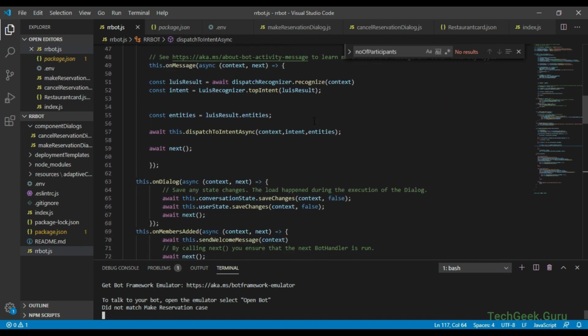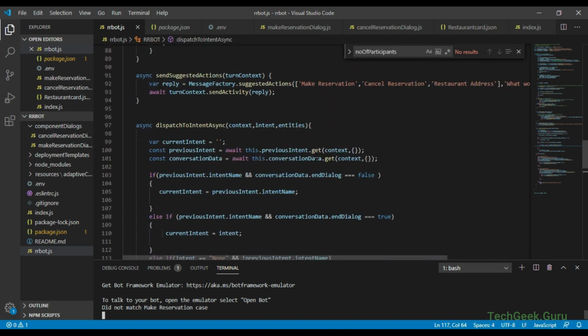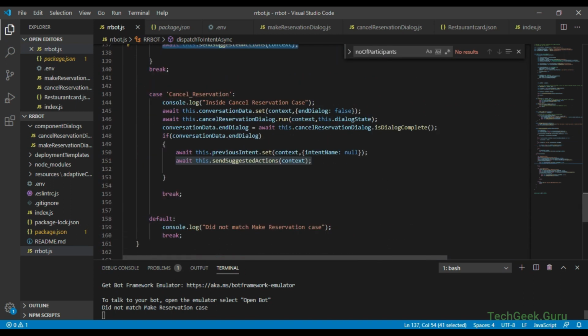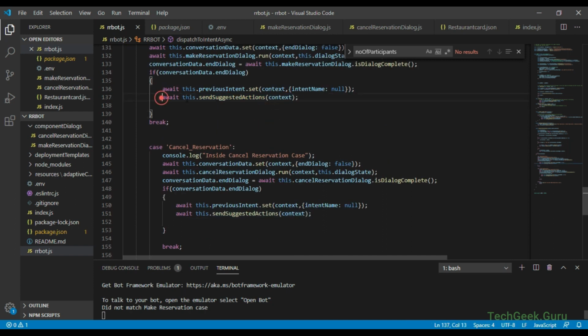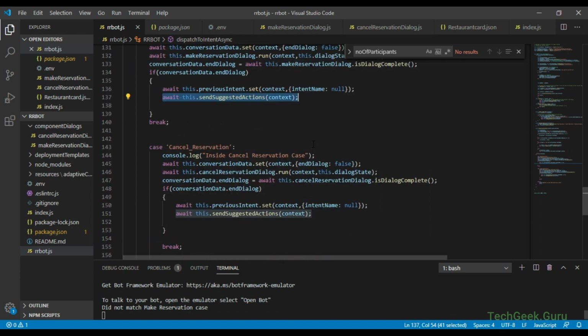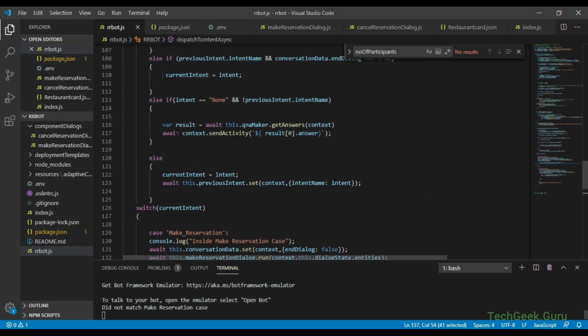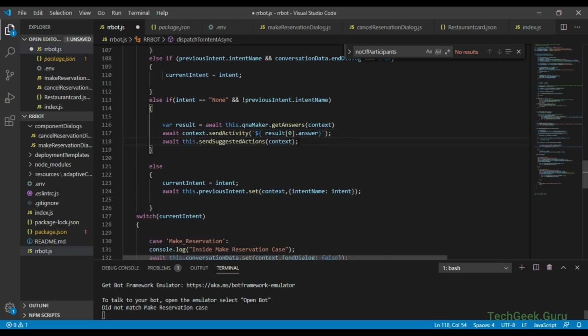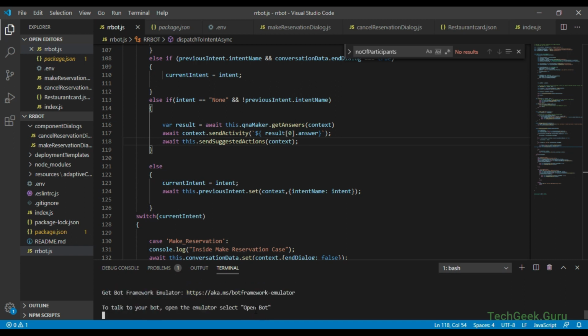Let's go to our dispatcher function and copy the send suggested actions method. Then let's go to our else if statement, and after sending the answer I want to send the suggested actions message. Just paste it there and then restart our bot once again. So our bot is up. Let's go back to the emulator,